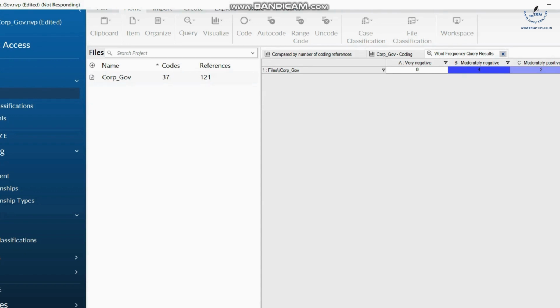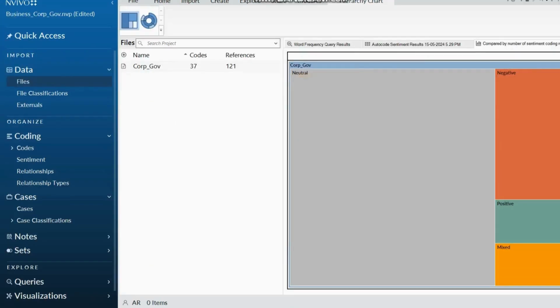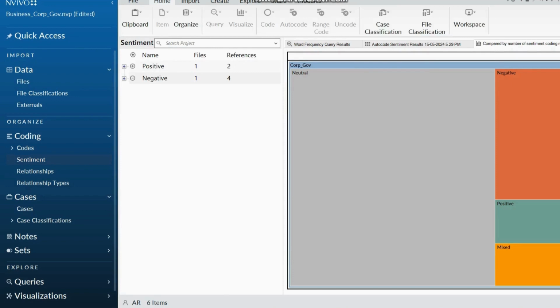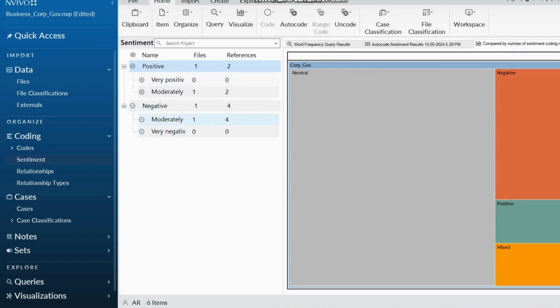You can see very negative is 0, moderately negative is 4, moderately positive is 2. In the sentiment table, files, reference numbers, very positive, moderately and very negative, everything is mentioned.